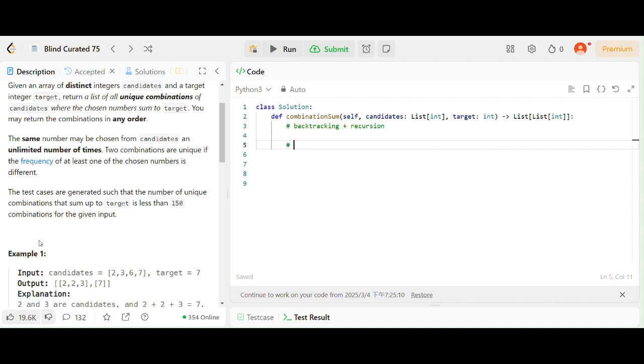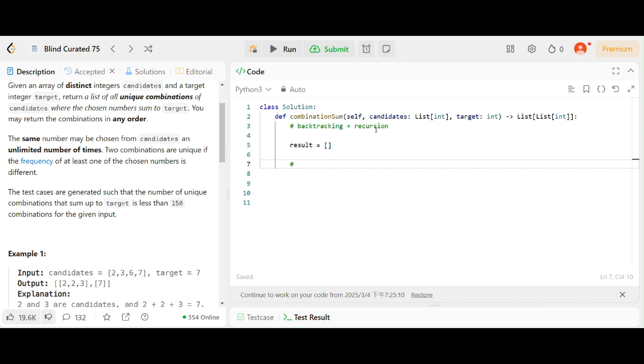And since our output is this, we can put it first. We can put a list of result, and then we put every possible combination which suits the target into our result. And we should have a function, find all combinations, and then in the recursion